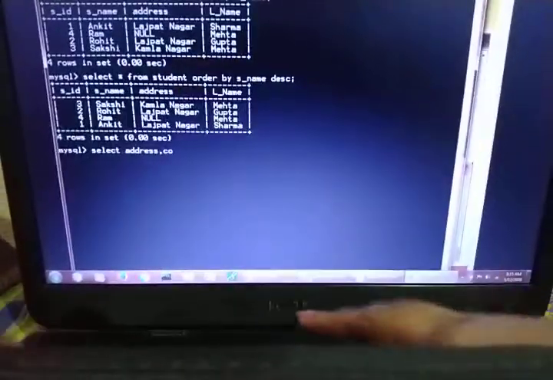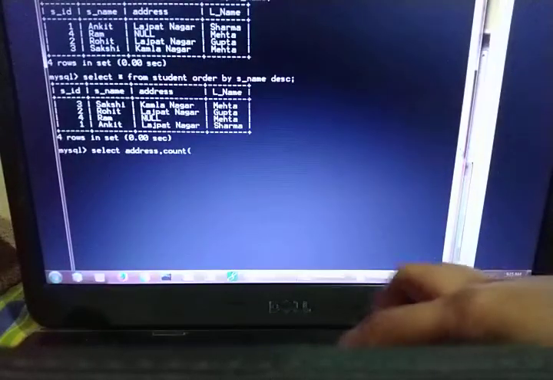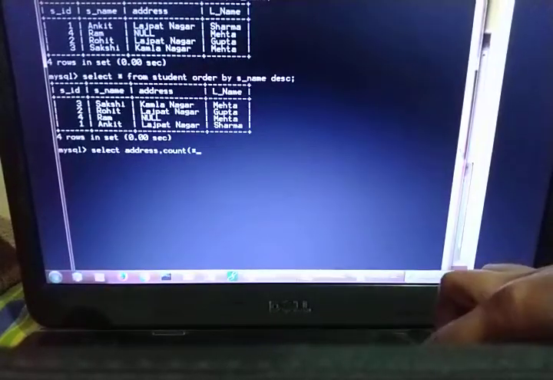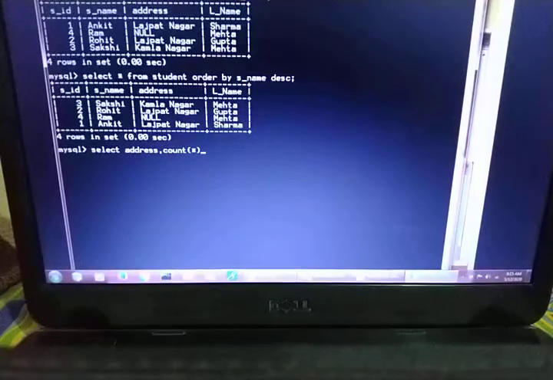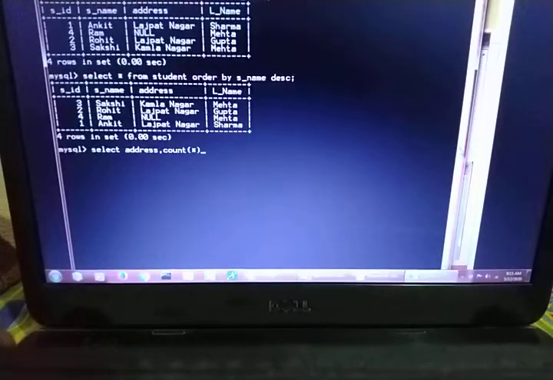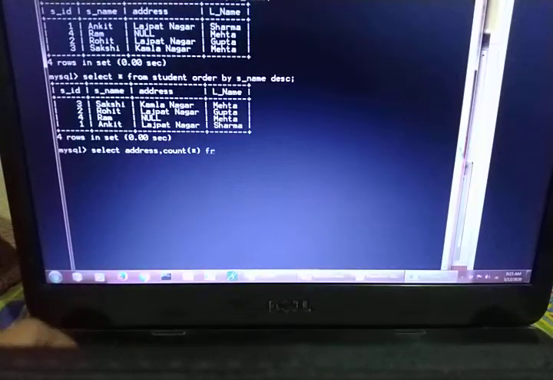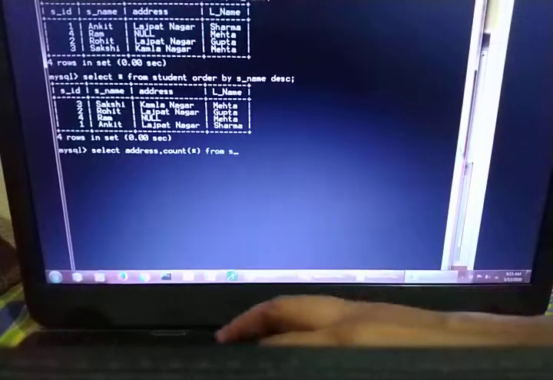So I am using the count star function, which I have already shown you on the slides also. Select address, count star. Afterwards you have to write the name of your table. My table is student.